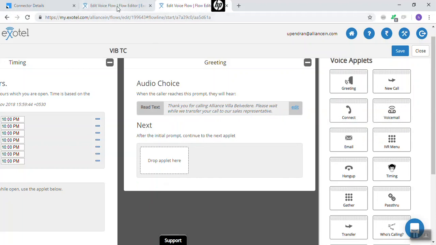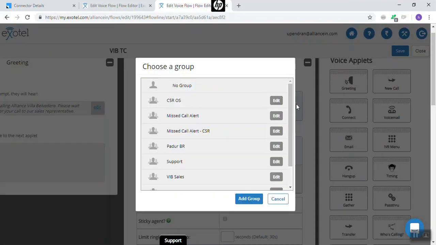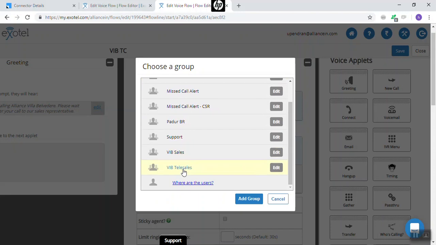After that, I would like to go ahead and make the call, as in connect the customer with our agent. So I will use the connect app. As you see, I'm dragging that to the next action. Here the first thing it will ask is whom should I connect to. Here you have to pick the group that we have created. So I'm picking